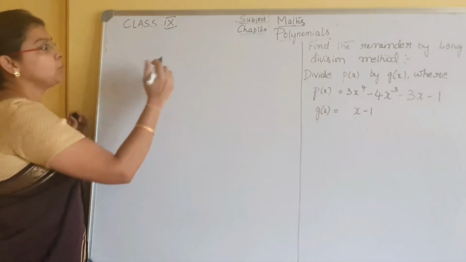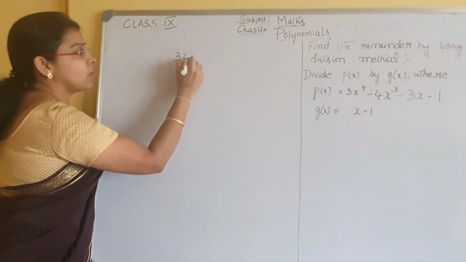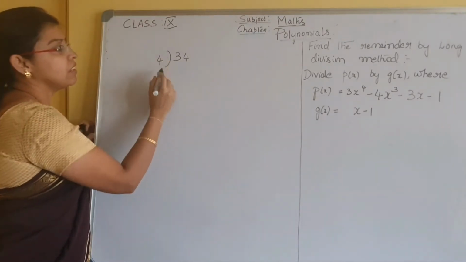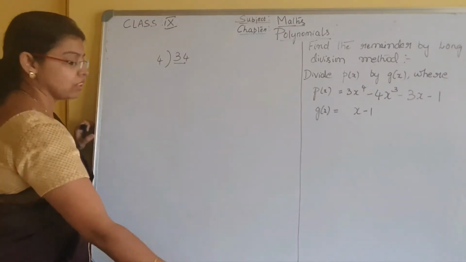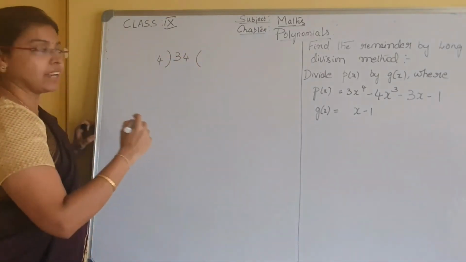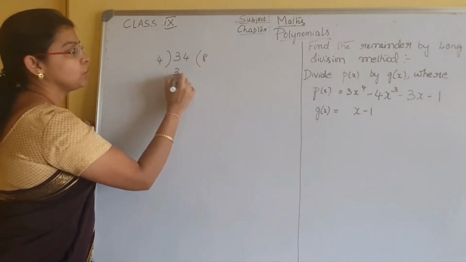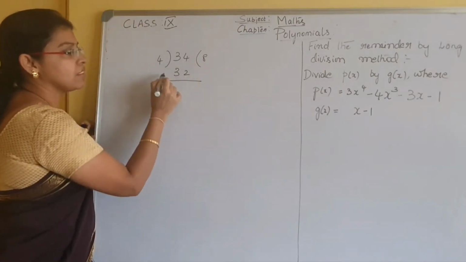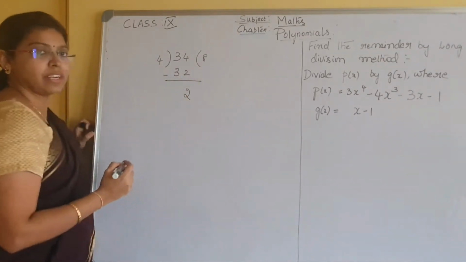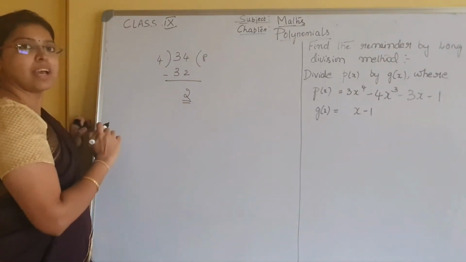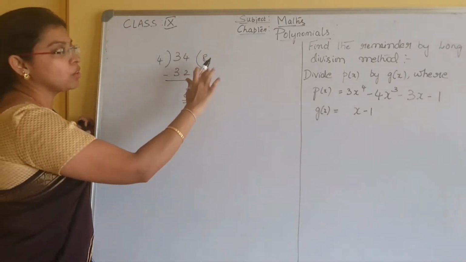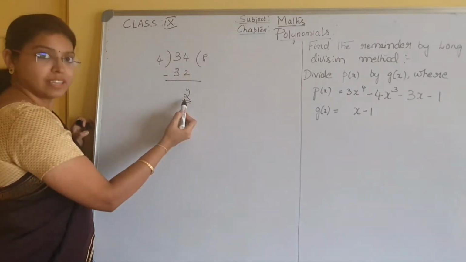So in primary classes we have learned how to divide a number from another number. For example, 34 is divided by 4. How do we do this? By subsequent subtraction, right? So 4 8s are 32 and 4 minus 2. So we are subtracting here. 4 minus 2 is 2, right? Can we further divide? We have to go in for decimal. So if you are not going for a decimal point, then we have to end the division in this.